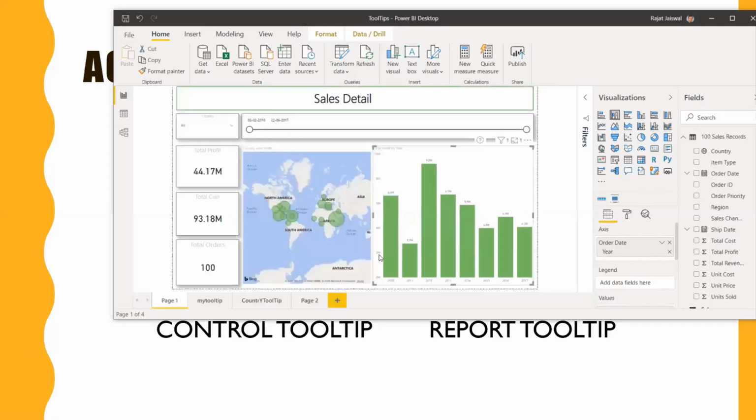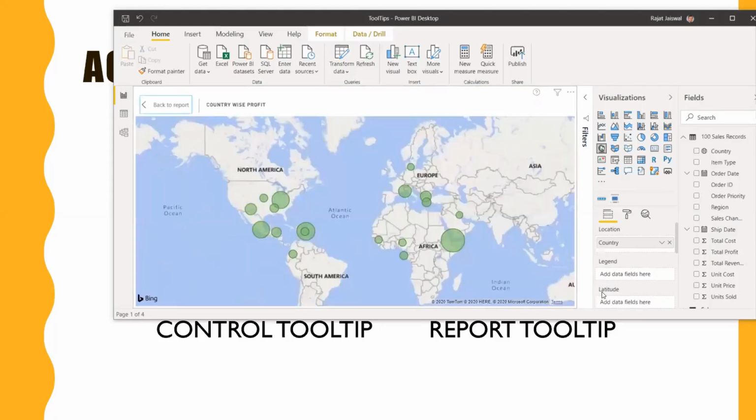Similarly, if we talk about this country map, we have already gone through what these big red circles and everything are.